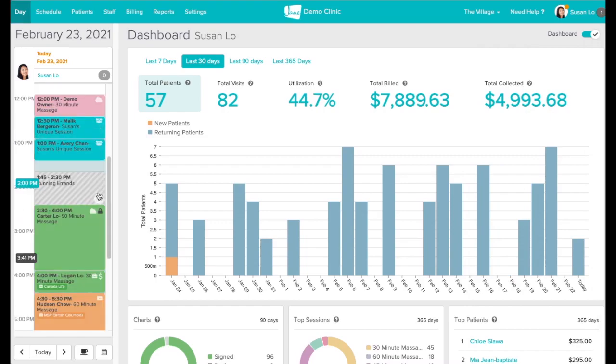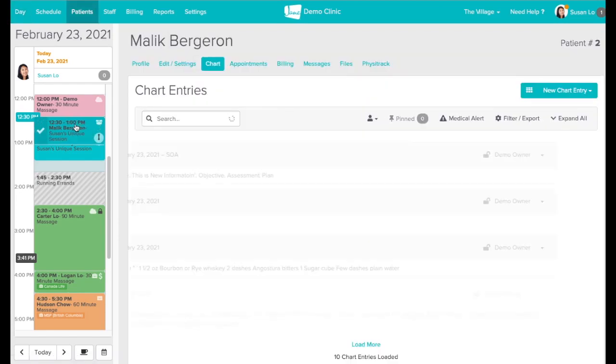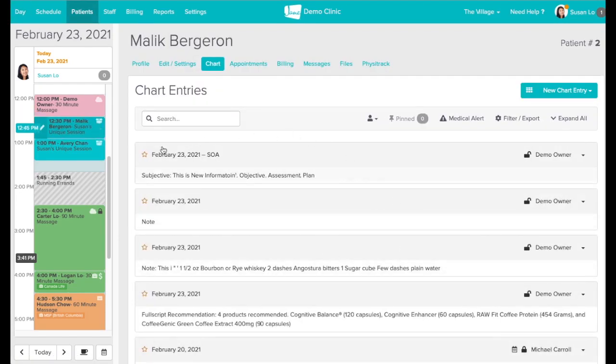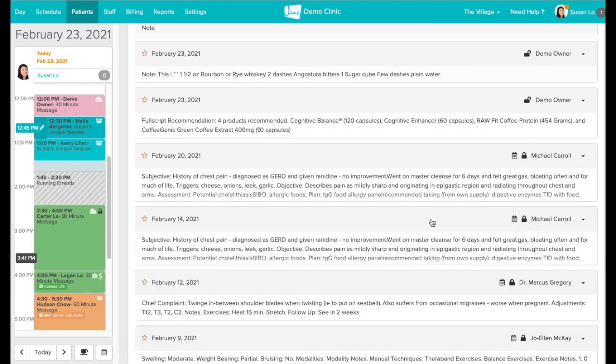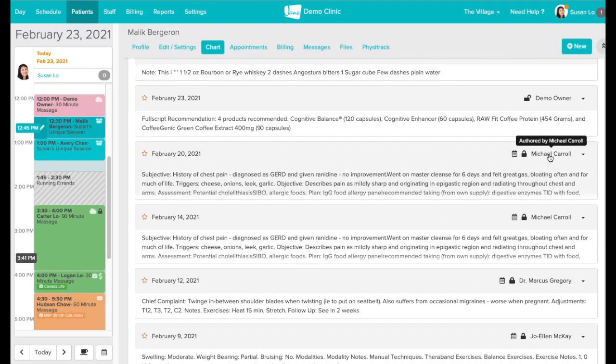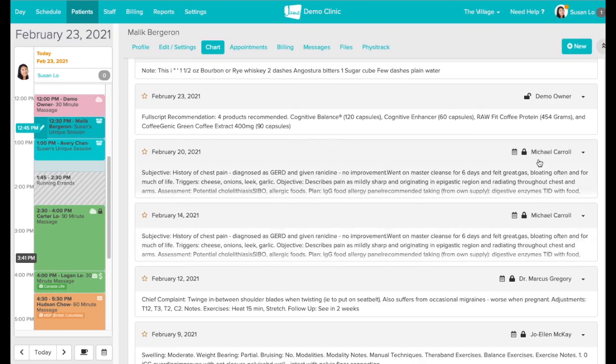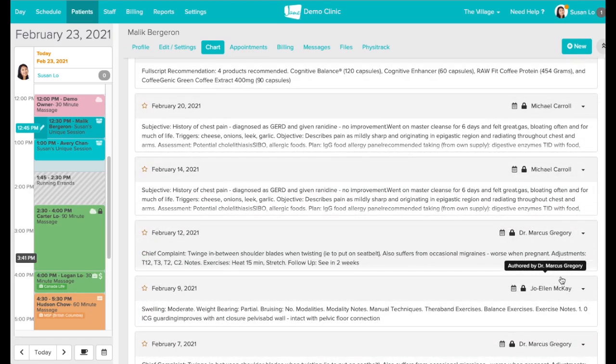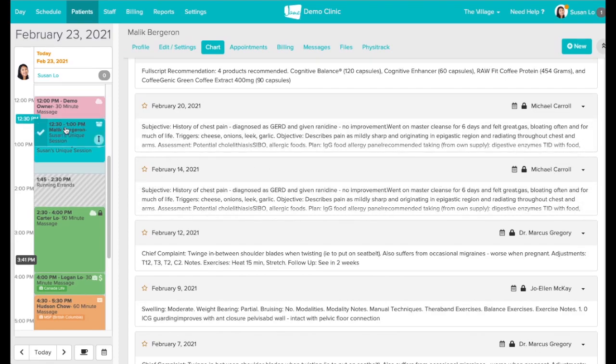The next thing that we're going to do is we're going to click into an appointment on the left-hand side in the day view. When we select an appointment, we're going to be able to see all of the charts listed for this specific patient. You may see your own name as the chart author, or if you work at a clinic who has other practitioners working and charting there as well, then you'll be able to see their charts here too. If they have their chart set to My Eyes only, then of course these will not be visible.